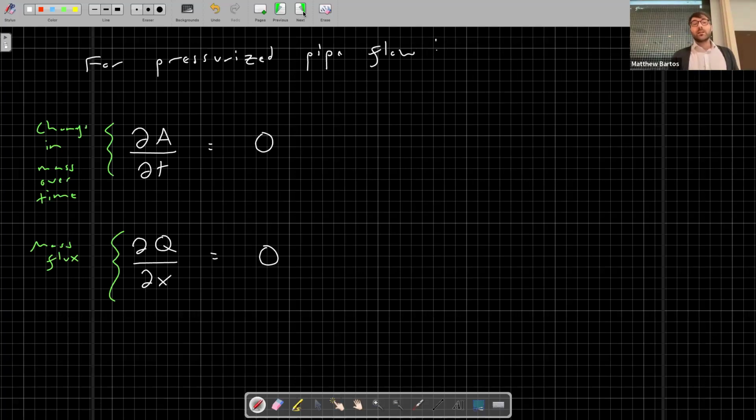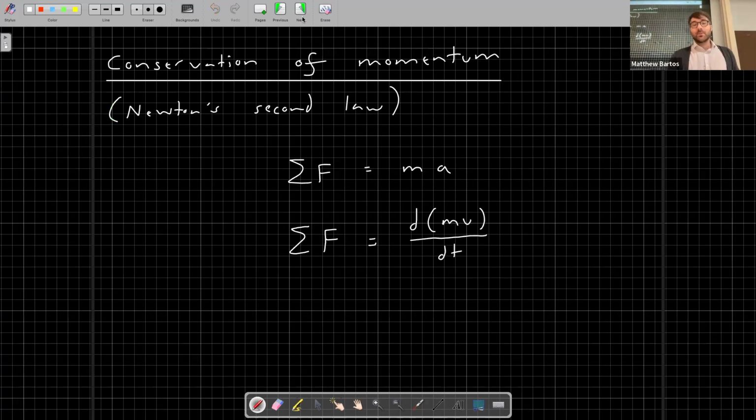All right. Now, in the second half of yesterday's lecture, we started to talk about the conservation of momentum, conservation of linear momentum for a fluid volume. And conservation of momentum is basically Newton's second law, right? Which from Physics 101, you applied in the form of F equals ma. So the sum of unbalanced forces acting on a body is equal to the mass times the acceleration. But we were able to generalize this for the case of fluid flow by stating Newton's second law in a more general way,